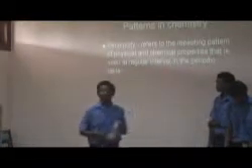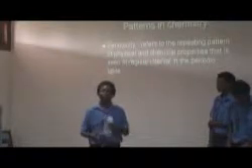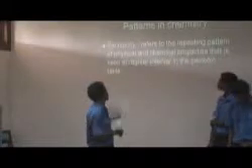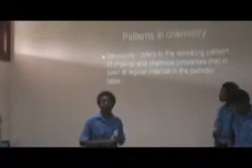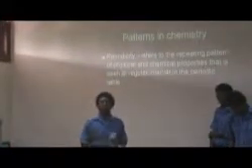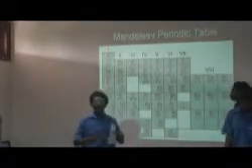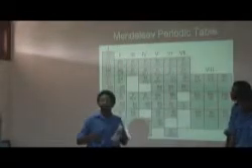So let me talk about the patterns that exist in chemistry. What is periodicity? Periodicity refers to the repeating pattern of physical and chemical properties that is seen at regular intervals in the periodic table. This is a familiar concept that we discussed in our class. So the existence of this pattern enables chemists to make predictions.